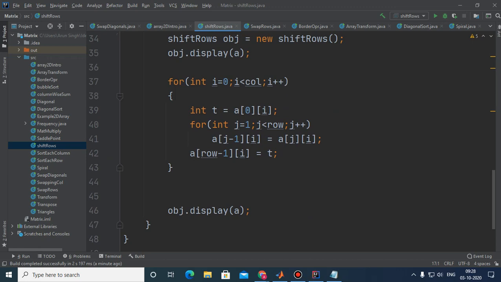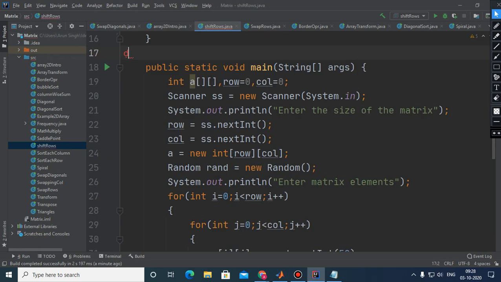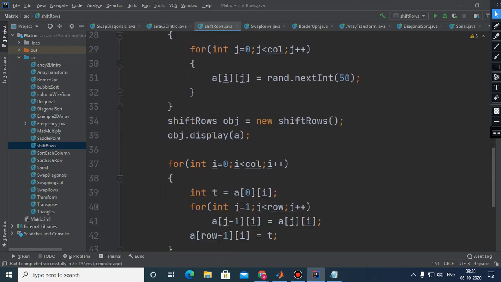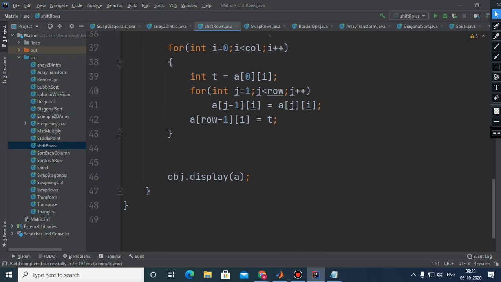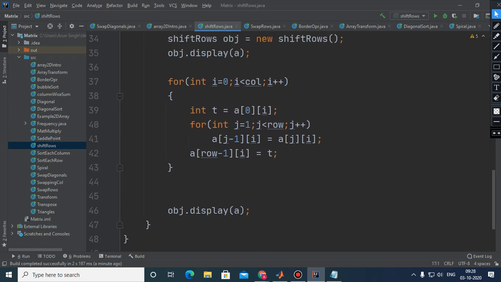If you see the index numbers, children, always remember, in order to swap rows, you need to traverse the matrix column wise. And for column wise, you need to keep the column stationary. So that's why it will be the outer loop. And since you are going to traverse column wise, that's why this loop will come with the row as a nested one.